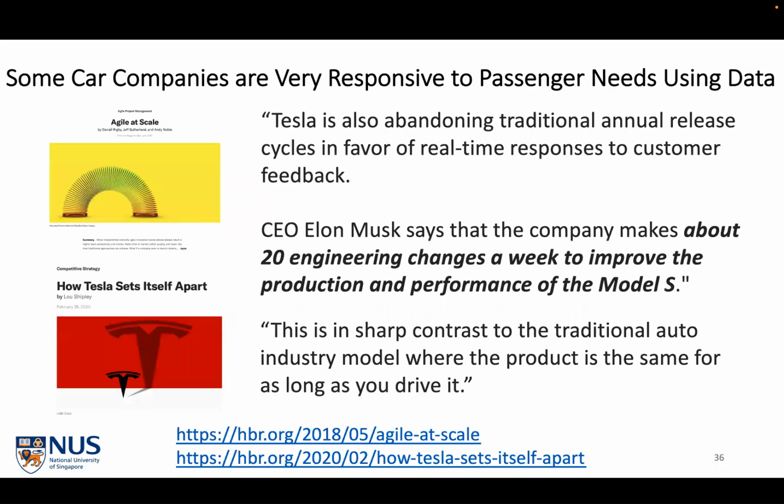If we go back to our car analogy, for better or worse, Tesla is one of the great examples of innovation. There are a couple of different articles here about how Teslas will take data during the operation of the car and send it back to the cloud, and that allows the car to make changes based on what people need or want, based on the way they drive the car. So it's a feedback loop, which helps improve the car over time.